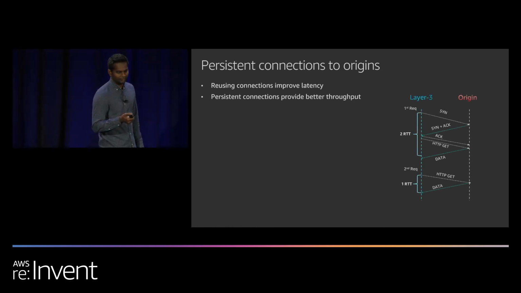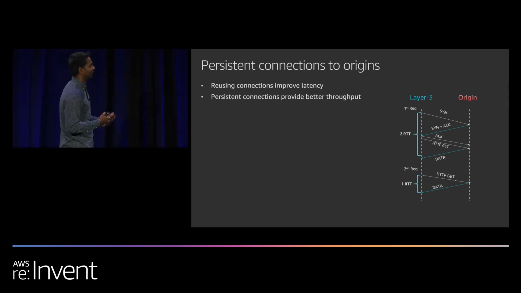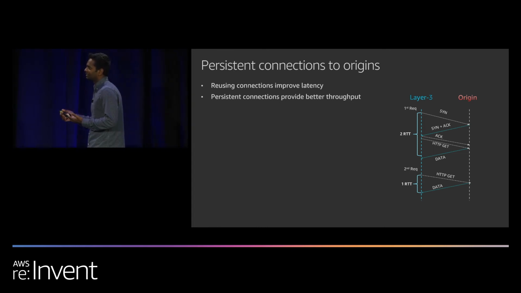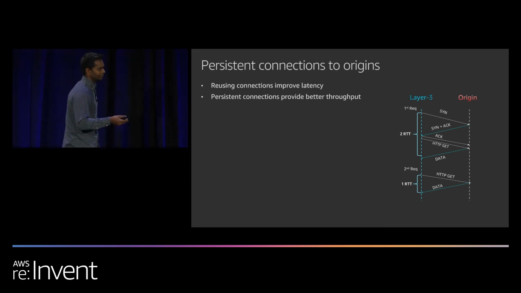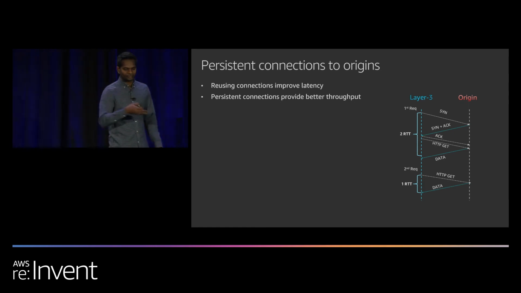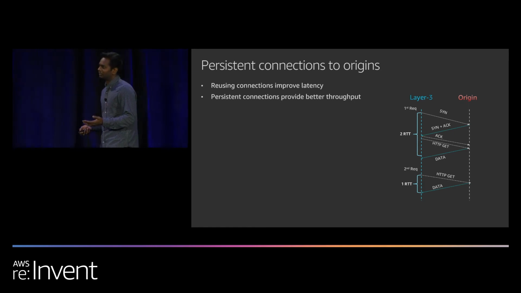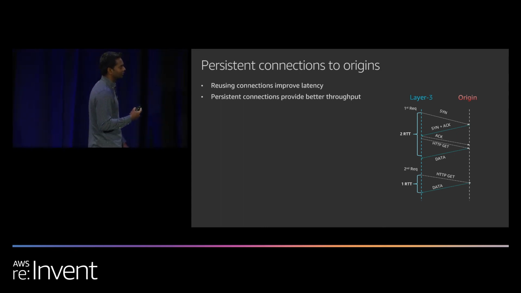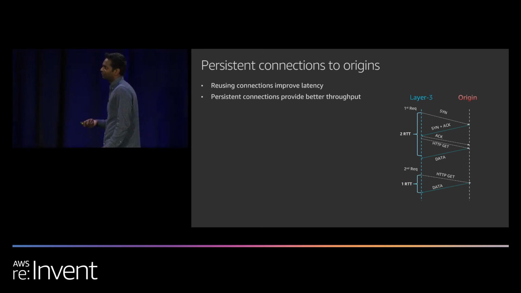To understand the latency part, let's look into the same three-way handshake that we have studied in school, right? We know that to open a TCP connection, it does the three-way handshake, where we send a SYN, SYN-ACK, and an ACK. That takes about 1.5 round trips. And after that, you send the HTTP request on top of the open TCP connection, then you get the response. So the whole transaction takes about 2 RTT. But if you leave the connection open and send the subsequent request to the same origin on the same connection, you're getting the response back in a single RTT. So what we have done is we have effectively reduced our latency from 2 RTT to a single RTT. That's a 50% improvement right there.